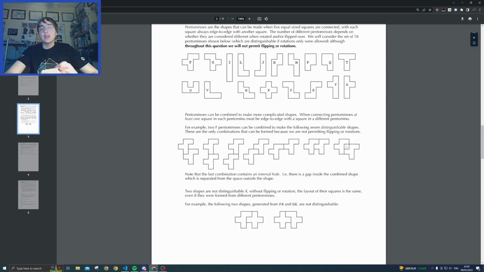So you would think to check whether there is an internal hole, all we need to do is find a square that is empty. For each square in our shape, we check, is that square empty, and are the 4 boxes around it not empty? But that's not actually correct, because